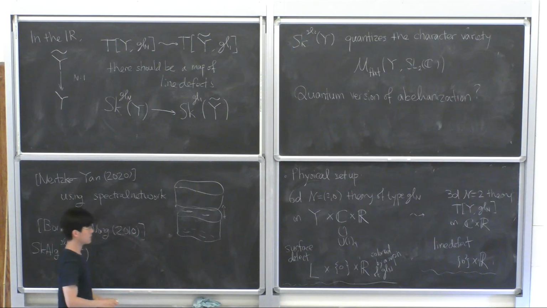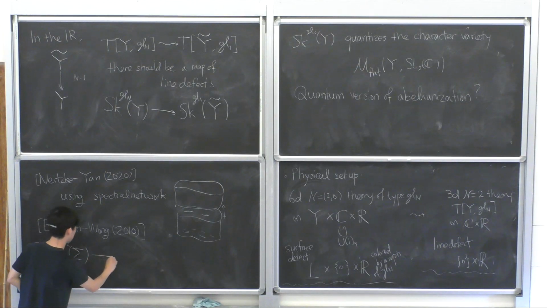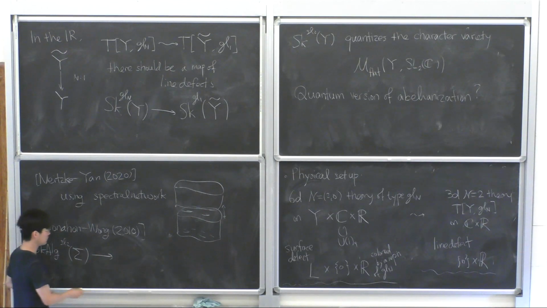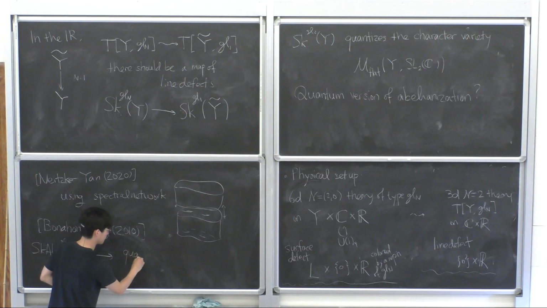This stacking gives an algebra structure, so that's why we often denote it by Skein algebra rather than Skein module. Anyway, Bonahon and Wong constructed a homomorphism from the Skein algebra of a surface to what's often called the quantum Teichmüller space,